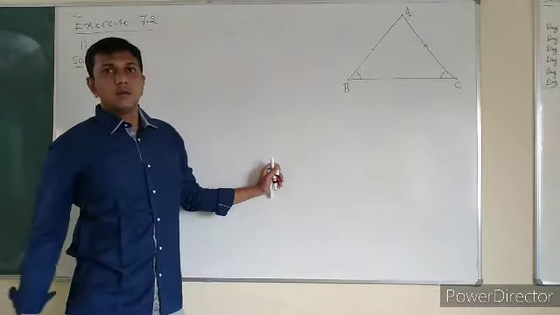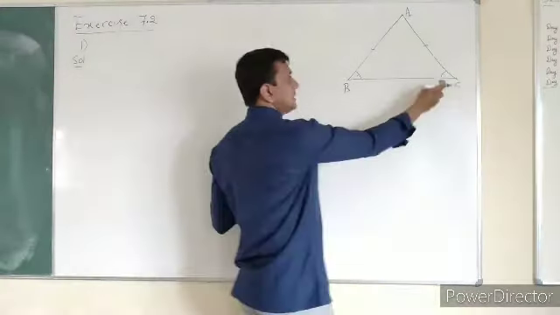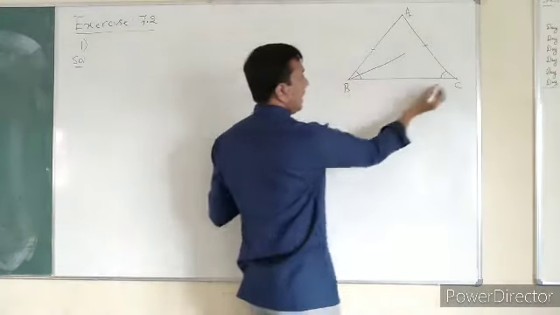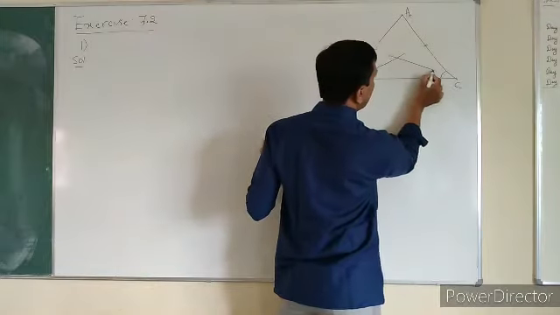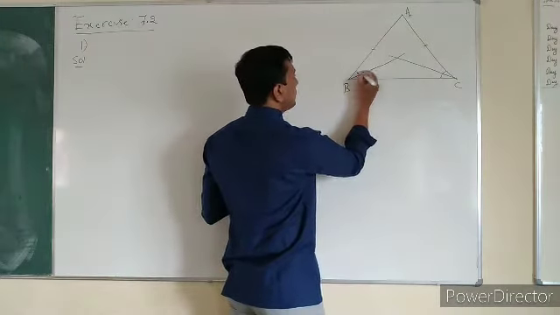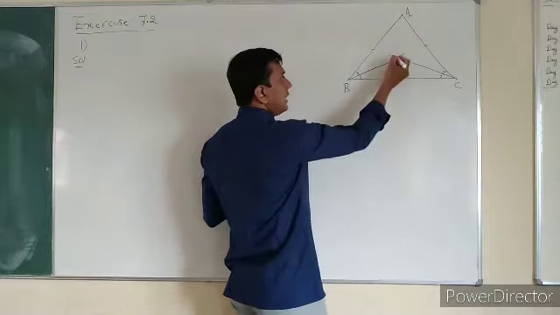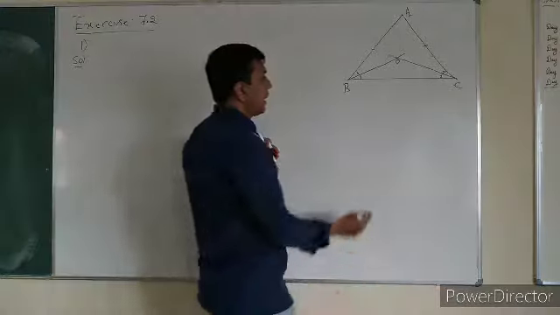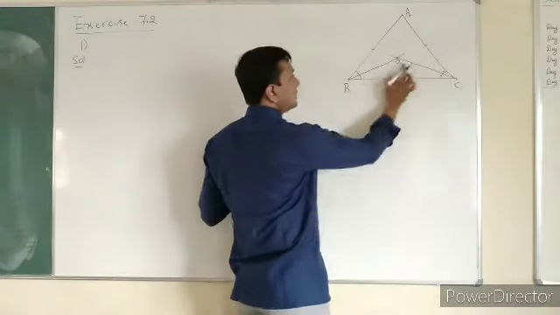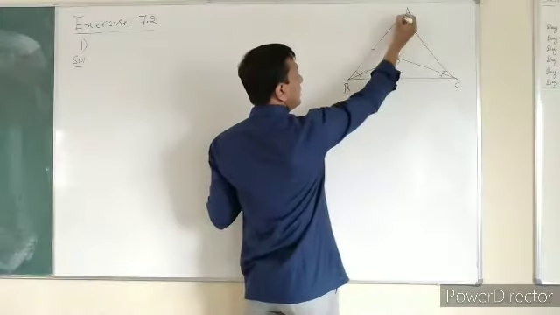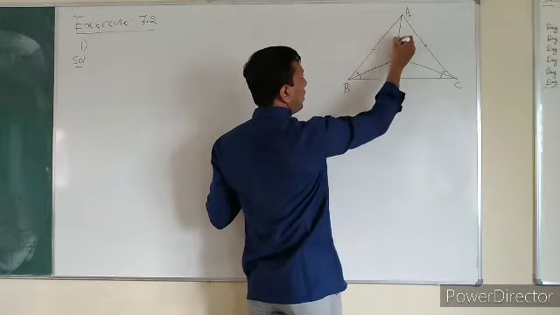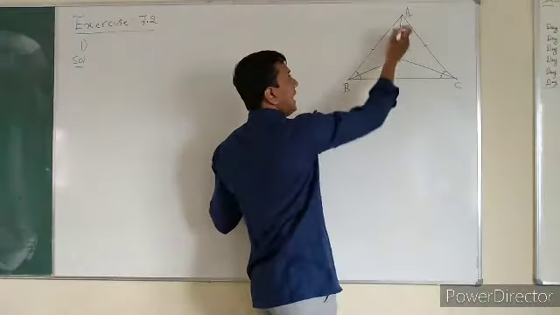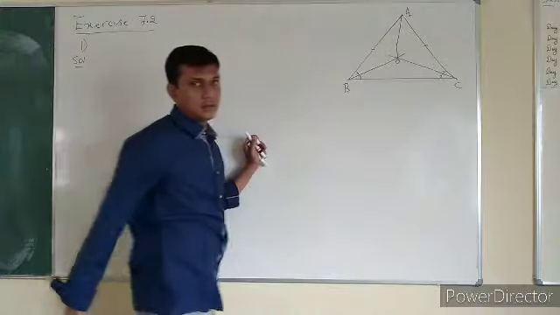Now he said the bisector of angle B and angle C. Bisector of angle B is nothing but the angular bisector, and angle C bisector also. That means these two will be divided into two equal halves. They will be intersecting at O. I have to prove that OB equals OC. And also he said to join AO, and we have to prove that AO is the angular bisector of angle A.